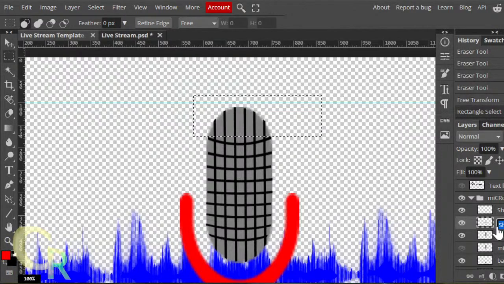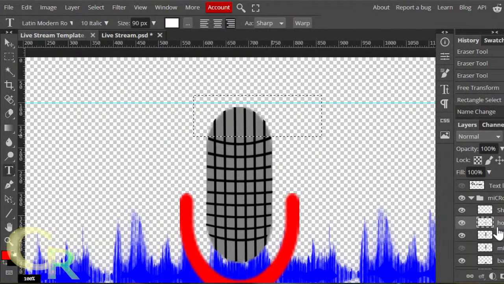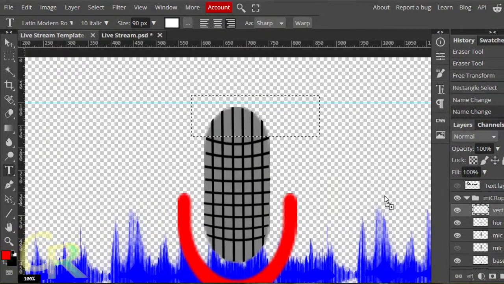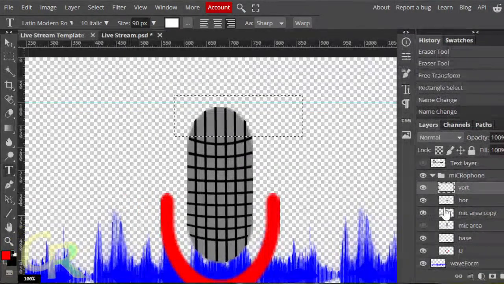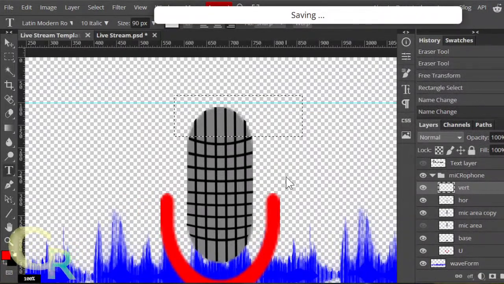So we'll actually start renaming that. Horizontal, vertical. Just to know which one is which. I'll move that around. There we go. Save my work here.